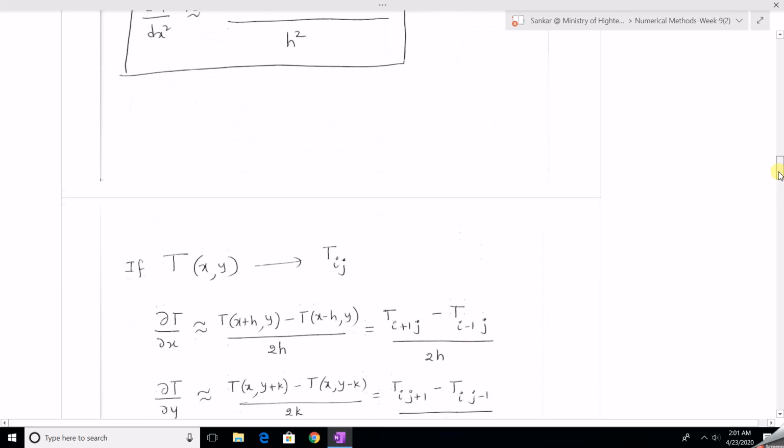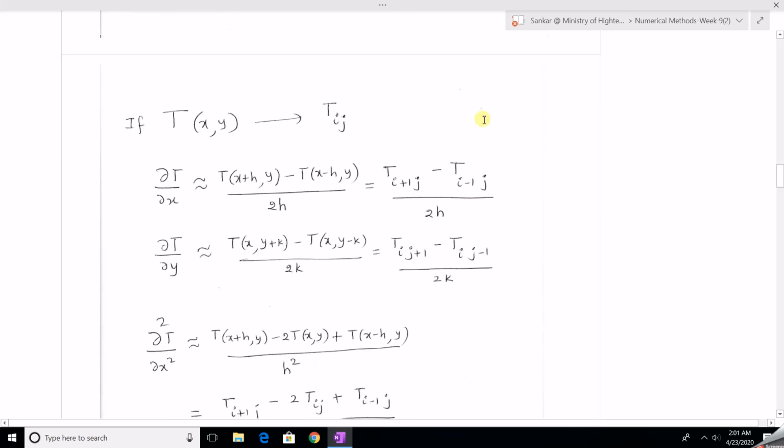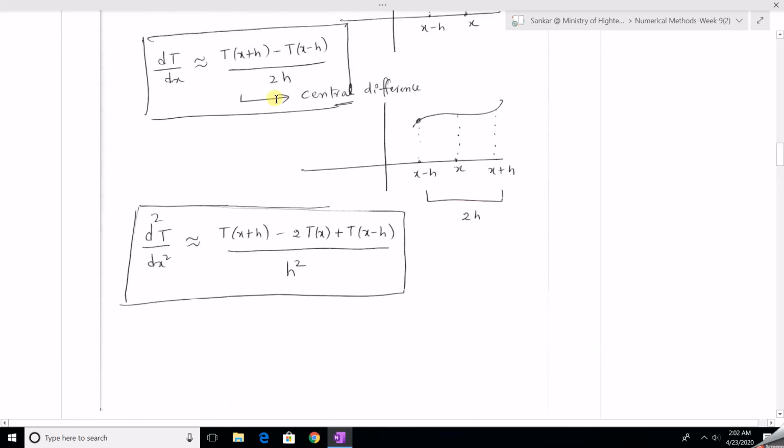Now, when it comes to partial derivatives, let us take the function t. T is a dependent variable, depends on x and y. So the t value at x, y is now denoted by t of ij, suffix ij. So t ij is nothing but the value of the function t at the point x and y. This is the notation we are using. Now using this notation, the partial derivative of t with respect to x, dou t over dou x. Just let us look at dt over dx.